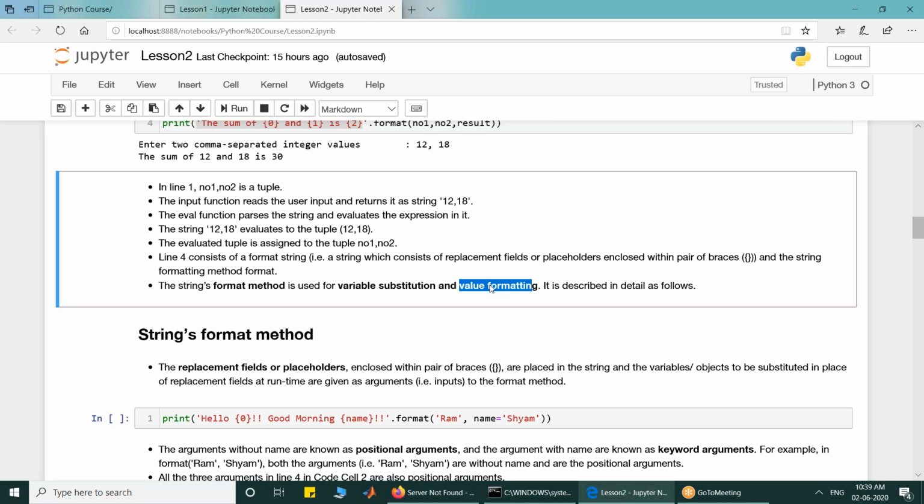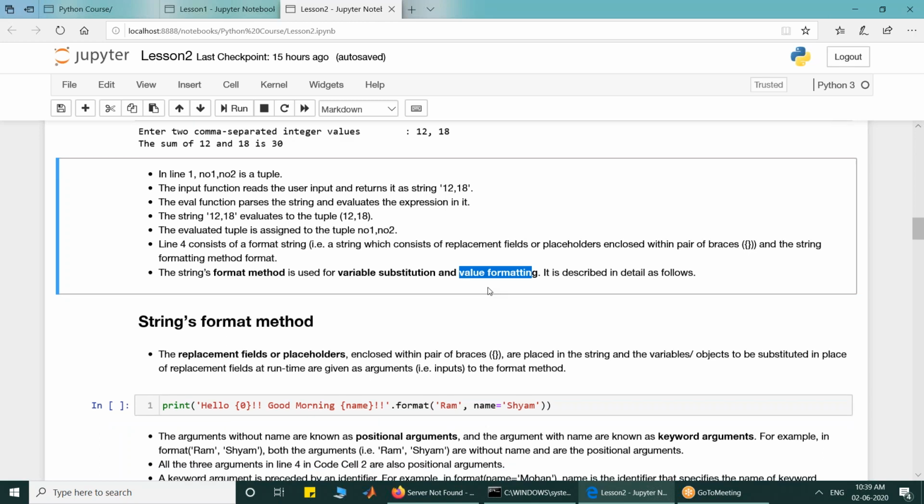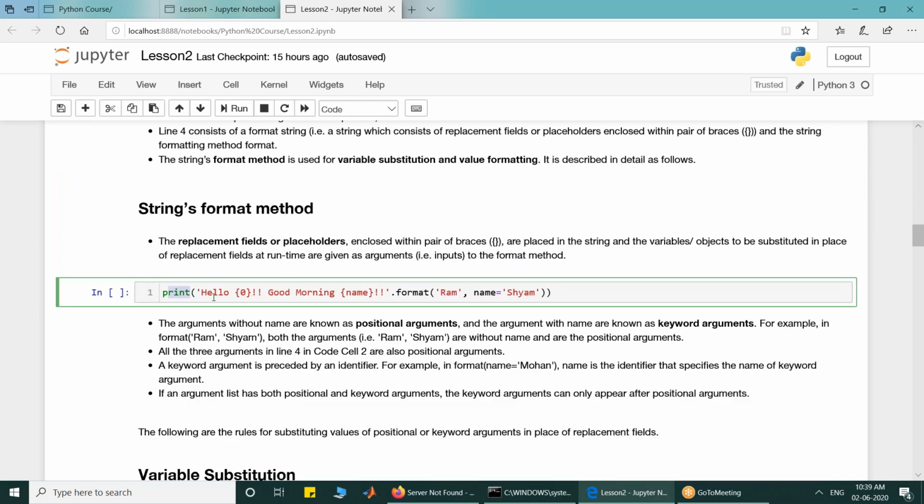So let's look at another print statement that we have written. Here I have given the string hello, within curly brackets I have written 0, and then good morning, within curly brackets I have written name, then dot format Ram, name is Sham. Look at what the components are.